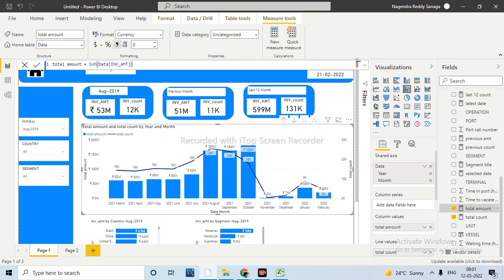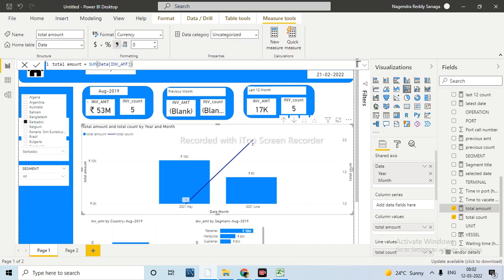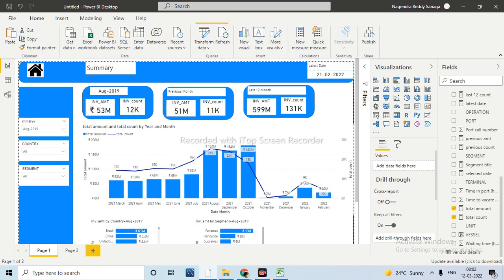But when we select, for example, any country, Barbados, let it come. This country's information is available for only 2 months, so it is splitting that information. Normally, it will work like that. Measures will work dynamically, and measures will work at a particular column level, not on the row level. That is the main important point.